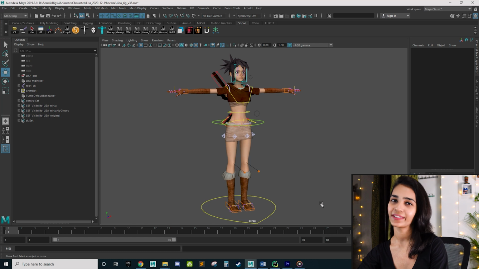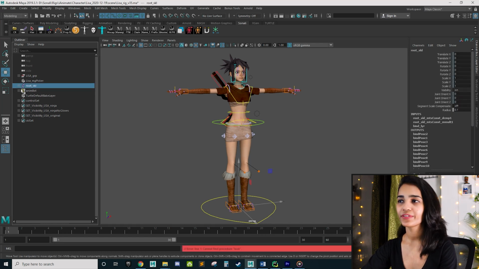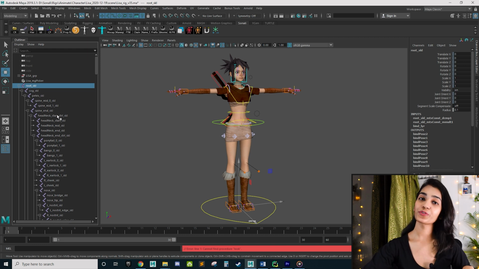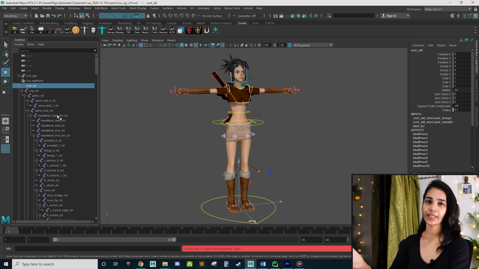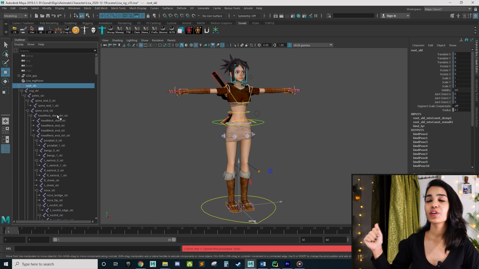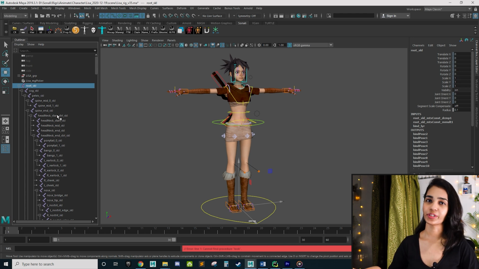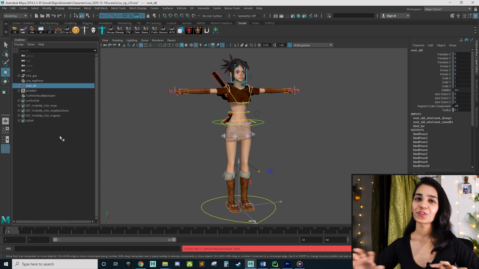Now let's take a look at the outliner here and you can see there's a root skeleton. So just hold shift and click on this plus icon to open the whole hierarchy. So under root we have COG, pelvis, spine, etc. Exactly the kind of joint chain we are looking for. Now the name of these joints will differ a lot of times if you compare it with the mannequin because different riggers like to follow their own naming conventions, but the hierarchy is almost similar. So just hold shift and click on this again to collapse this. So joint setup, check, which means game ready, yes.